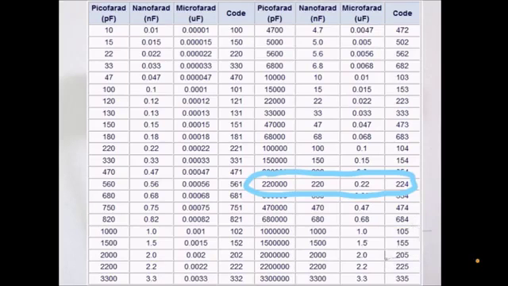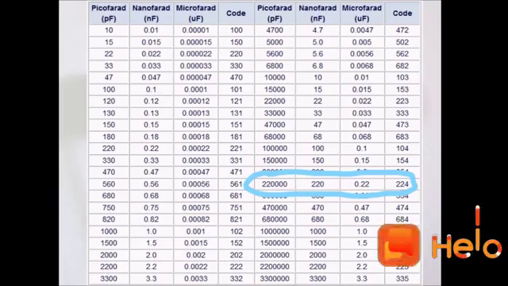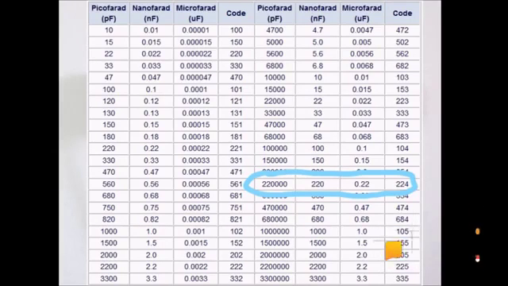A chart that gives common codes for capacitors. But once you understand how this works, you really won't need to look at the chart. But just know that there is a chart you can look at if you want to reference it each time. So our first capacitor in the picture had the code of 224, and I've circled it here on the chart. Basically, the 224 is, the way I look at it, 2